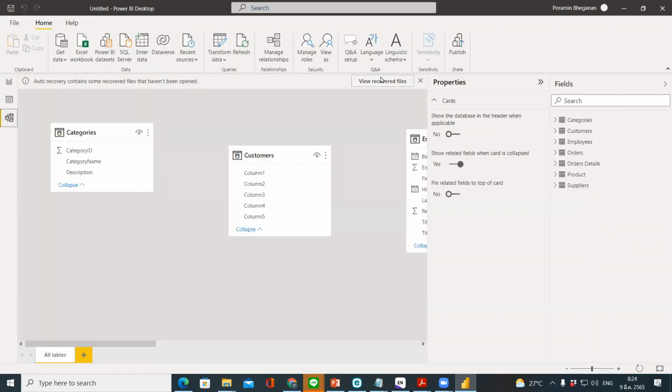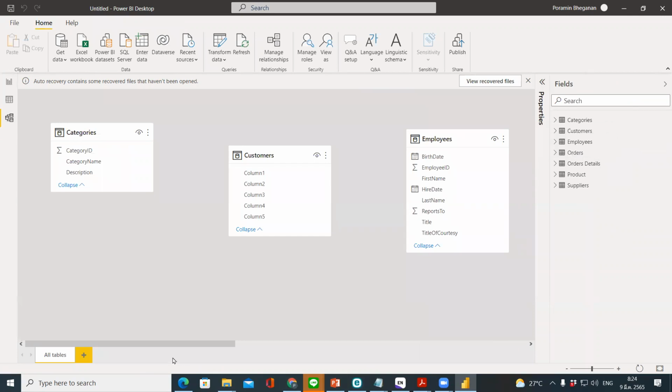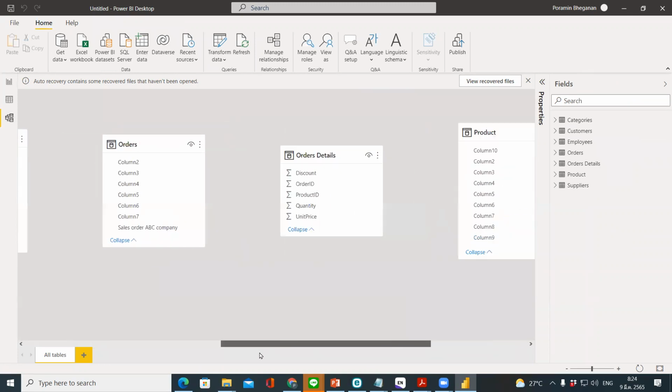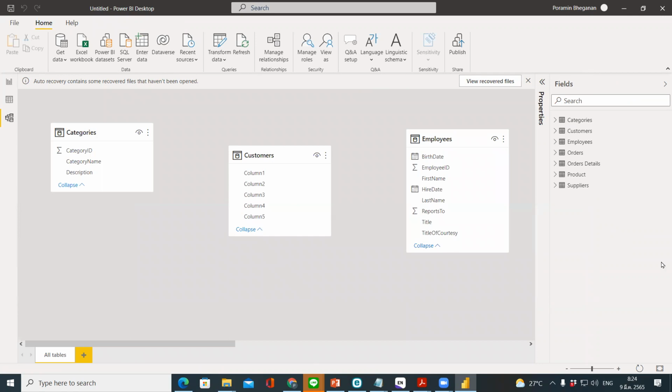Next we talk about the last view, that is model view. Model view is the view that helps us see the relationship of each table. You can see that right now there is no relationship at all. If there is a relationship, you will see the link between each box. Each box represents each table in your report file, and it shows the name of the table with the list of the fields that table contains. Right now you can see that some tables contain field names like Column 1, Column 2 and so on. That is not correct, so this is the reason why the relationship cannot be created normally. Power BI will try to